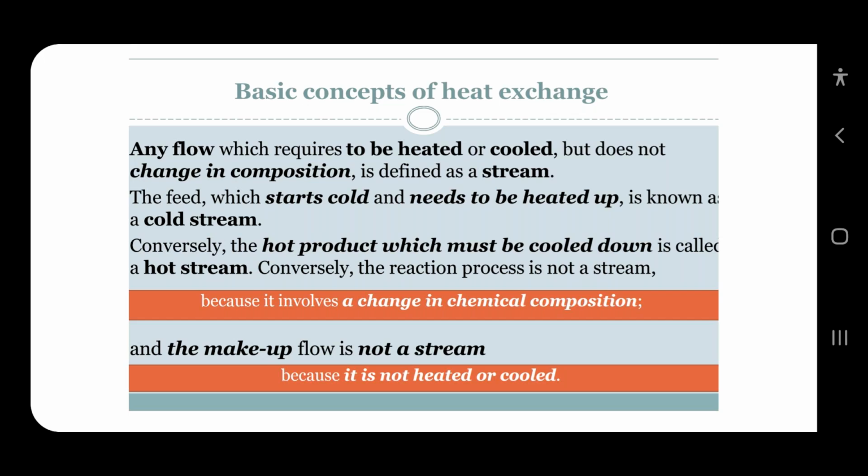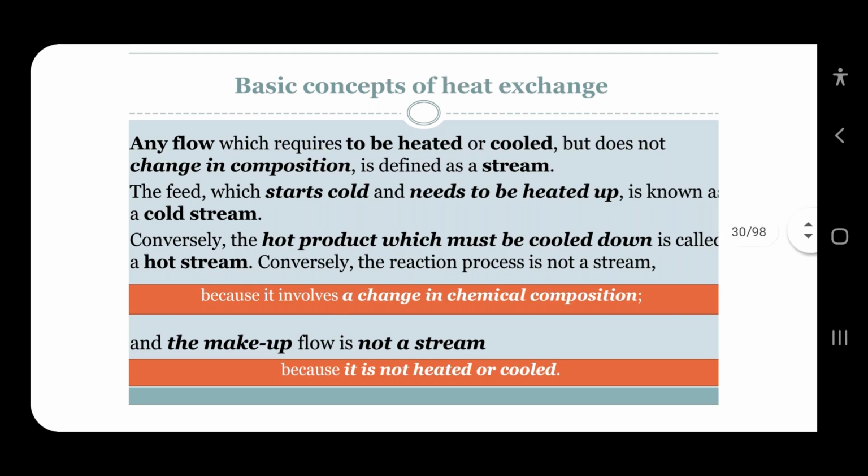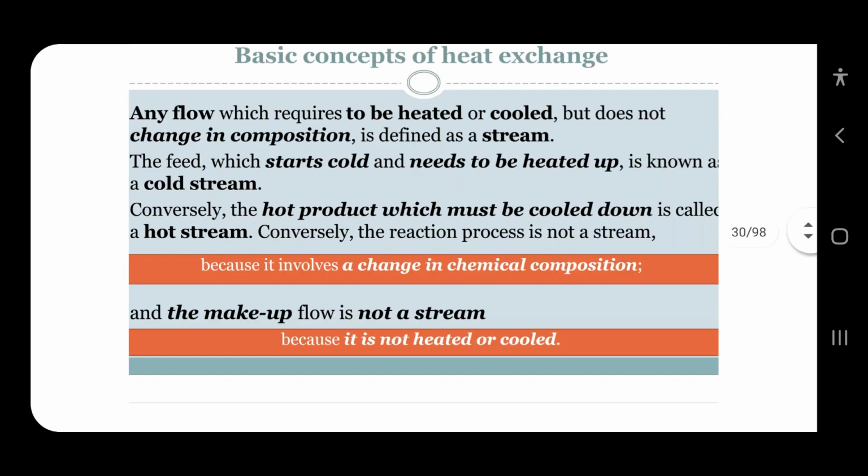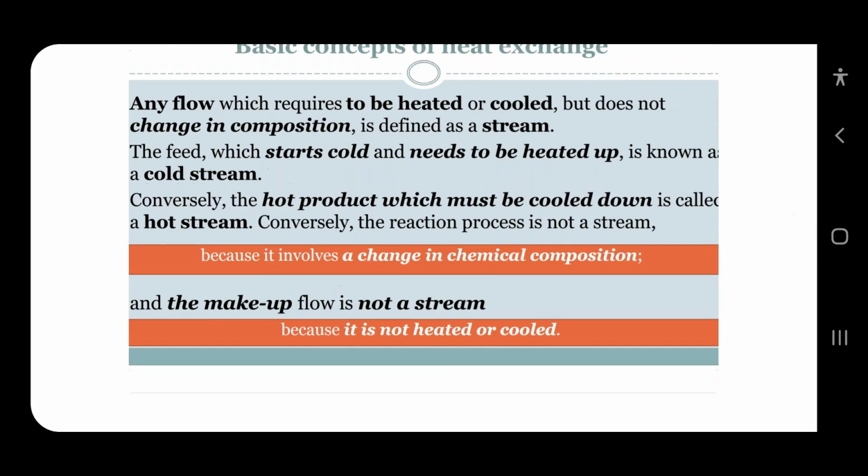How to integrate the optimization in a reactor by the addition of inert species? You use steam or coolant or a jacket. That is the control of reaction, the control of temperature. That is the part of exothermic and endothermic behavior that must not be included in this heat exchange phenomenon, because it involves a change in chemical composition in the exothermic or endothermic reaction, and makeup flow is not a stream. Please listen carefully, this is an important point.